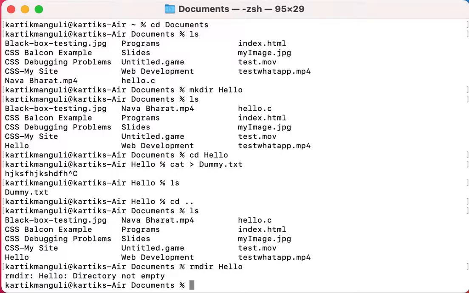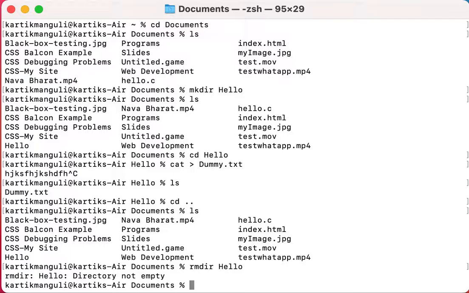There is one rule in the Unix operating system: until and unless you delete the child files, you cannot delete the main directory. Means if you want to delete a directory using rmdir, it should be empty. If I want to delete this hello directory, I have to first delete the files inside it.